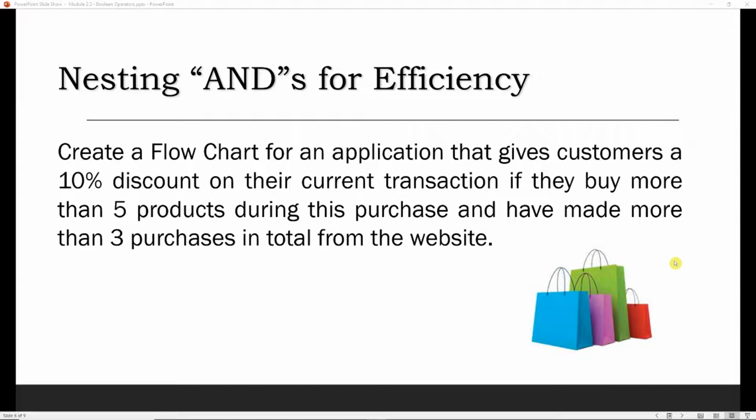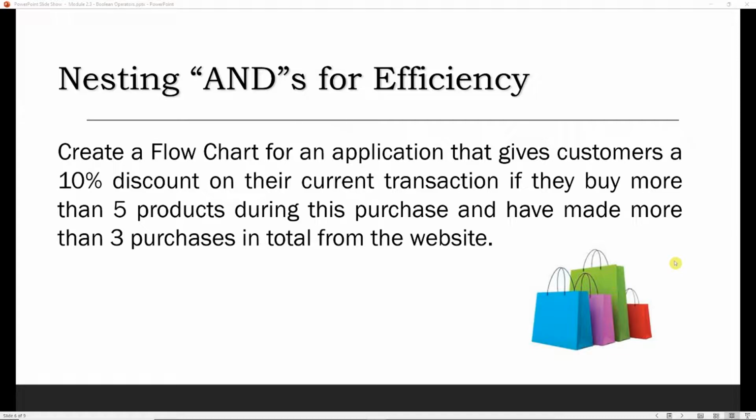Create a flowchart for an application that gives customers a 10% discount on their current transaction if they buy more than 5 products during this purchase and have made more than 3 purchases in total from the website. So given the simplicity of the specification here, we are not going to actually use a process to calculate the final cost. We are only going to provide output as to whether or not the customer has received